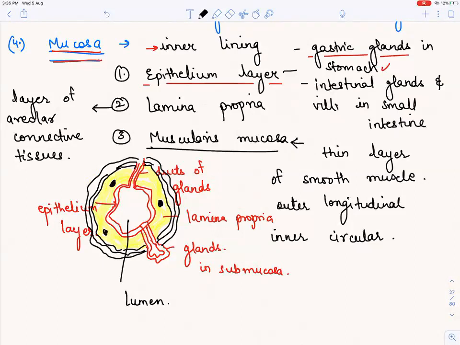The first one is this epithelium layer, right? Which is getting formed into glands. These are the ducts of glands. Then lamina propria. What have I drawn here? These are suppose lymphatic tissues that I have drawn that are present in the lamina propria. And suppose there are some glands here also present at times. So these are some glands in lamina propria even. So this is the basic structure of the alimentary canal.